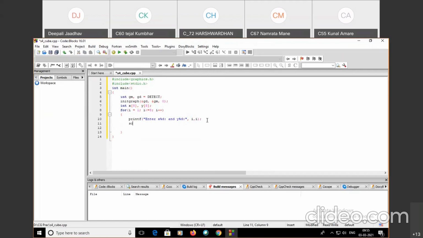Then input scanf, two values, so percentage d. If we considered 8 times, then 8 times we would need to write percentage d, and that's why, to avoid this, we take the array here.